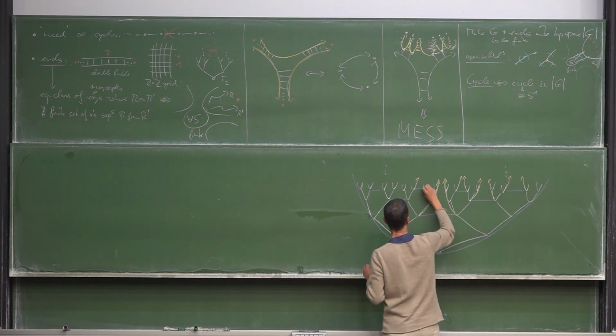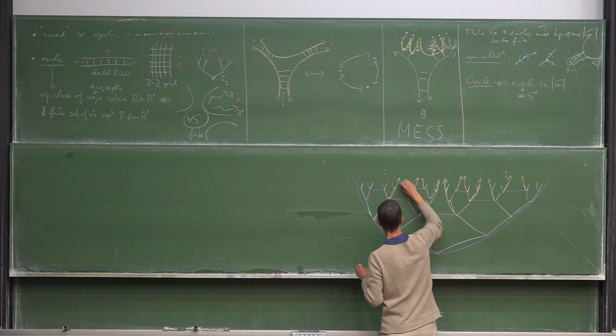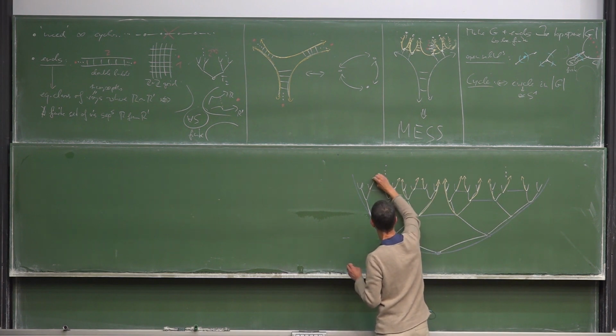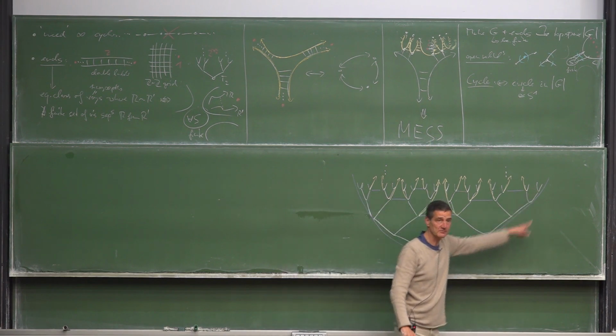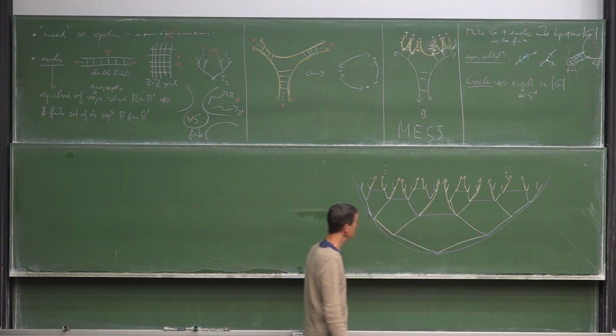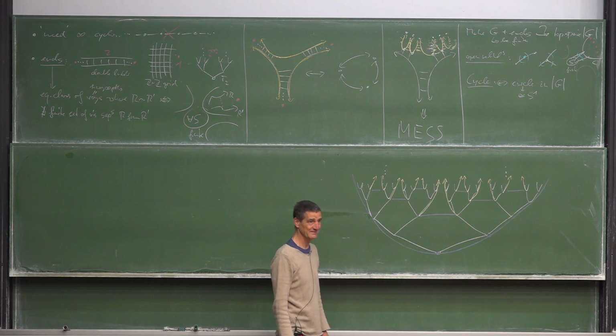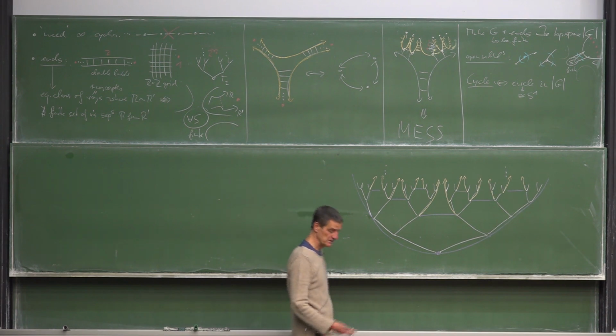And now this bottom double ray together with all these yellow double rays, now these do form a circle. And that's the wild circle,